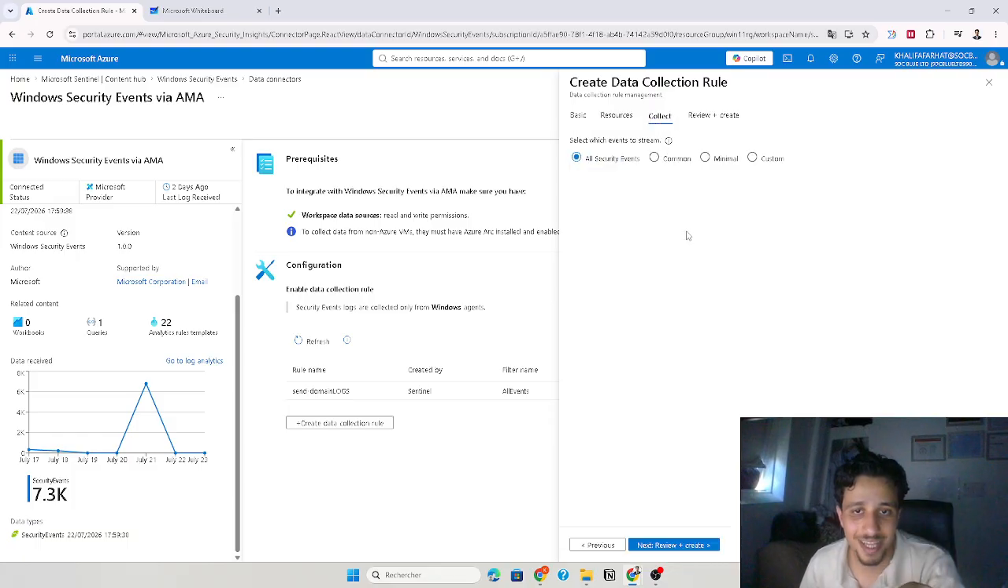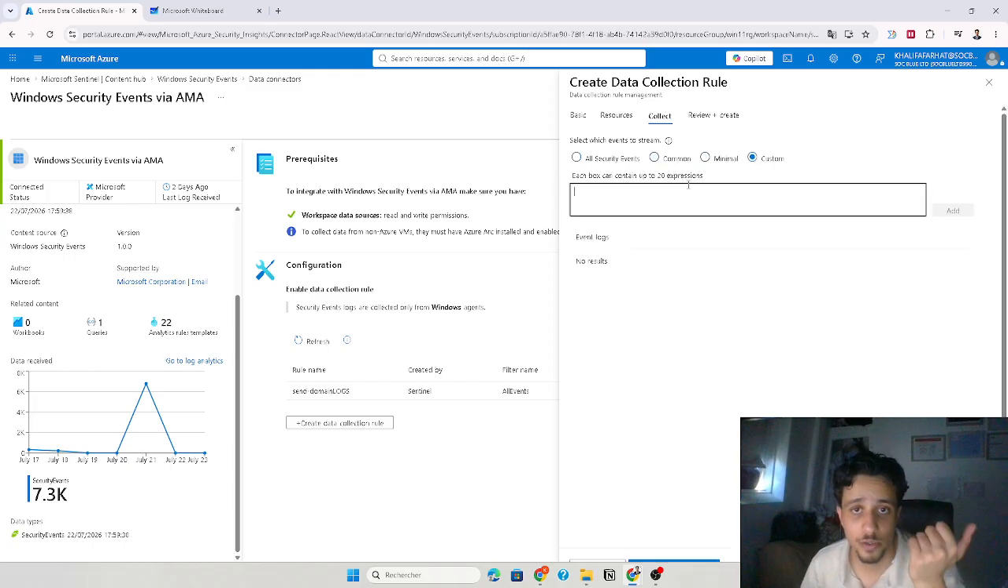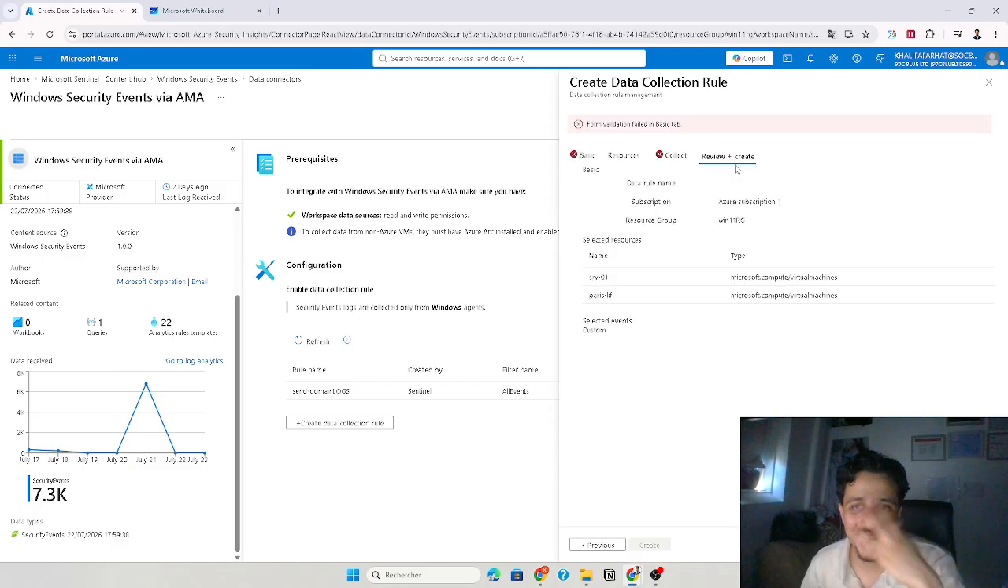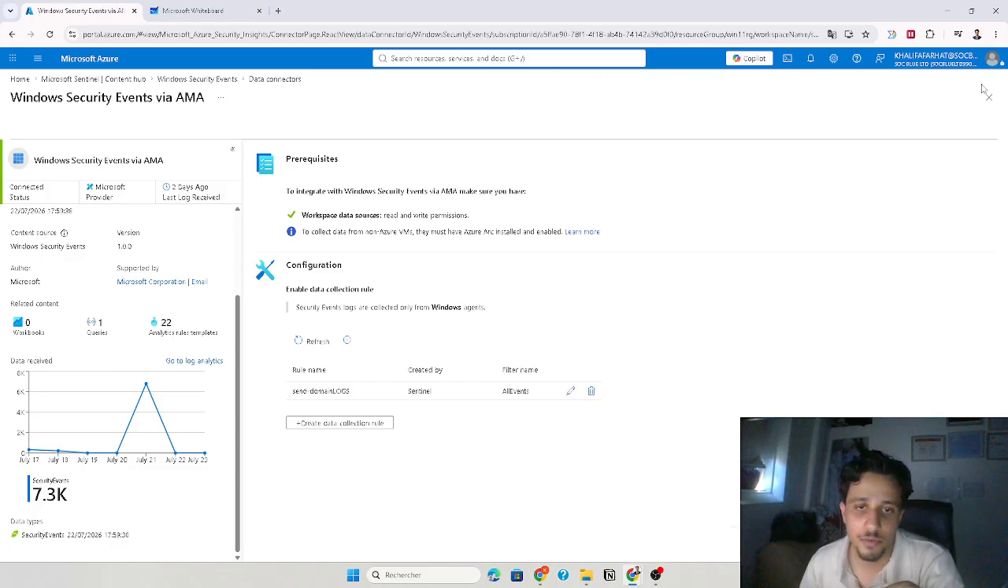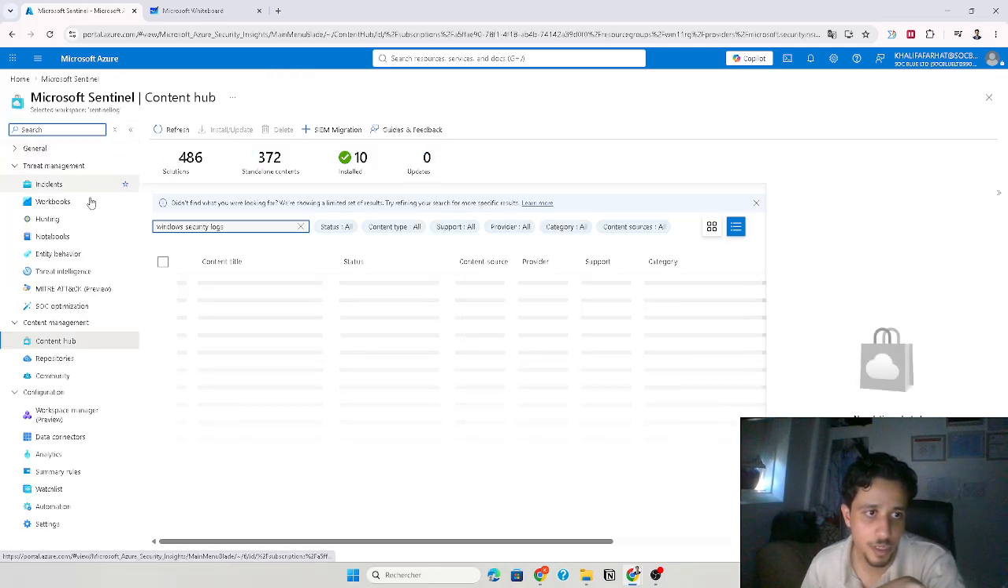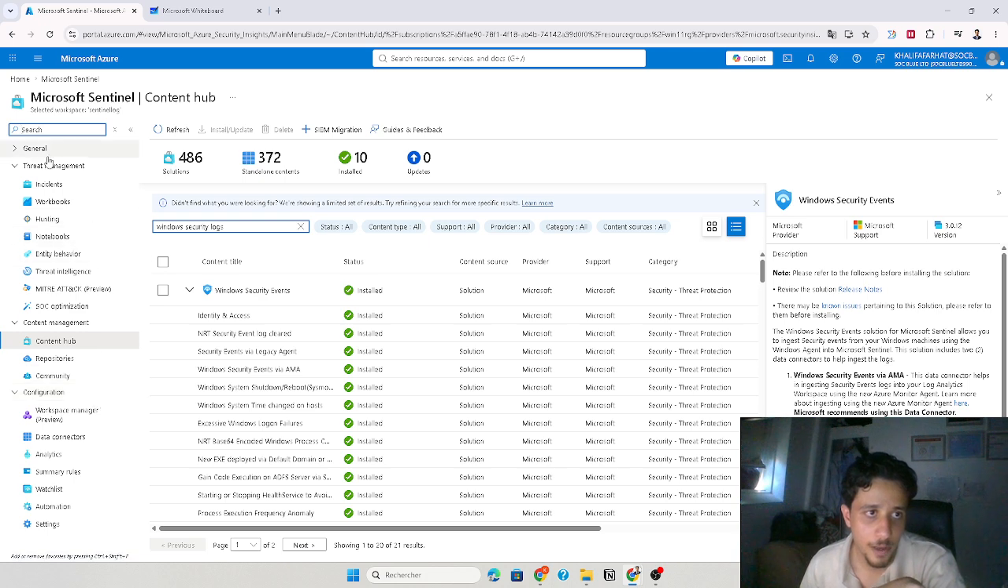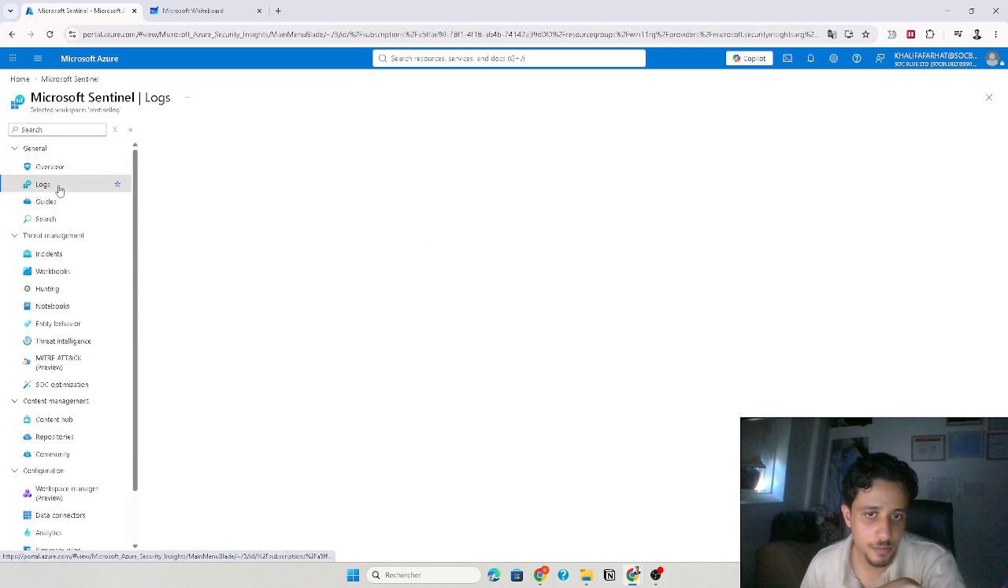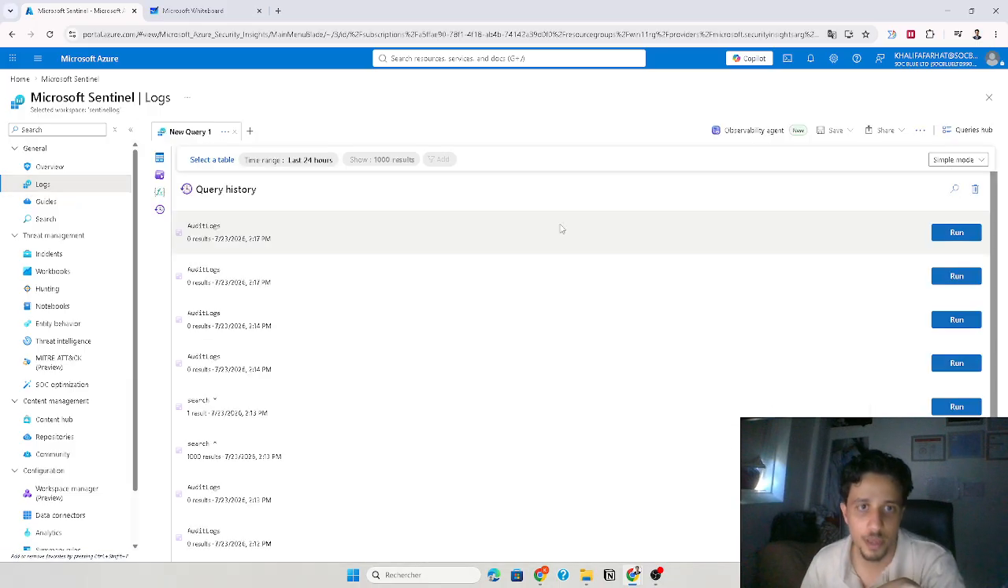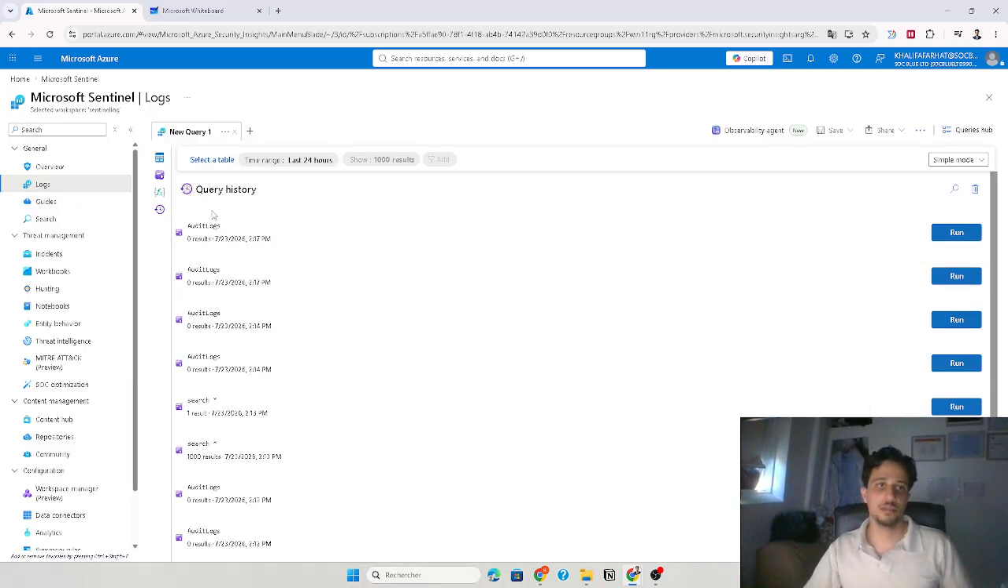After this, I'm gonna go to collect. If I want all security events, common, minimal, or custom, I can choose custom. Each box contains an XPath expression, and after that, review and create. Because I already created this, I already have logs. So if we go to our Sentinel, I'm gonna show you this right now. And if I go to logs,